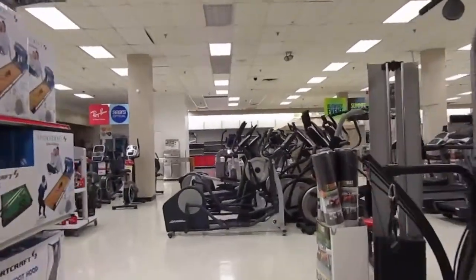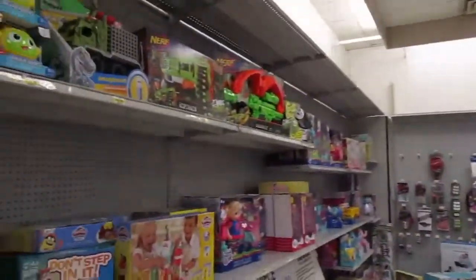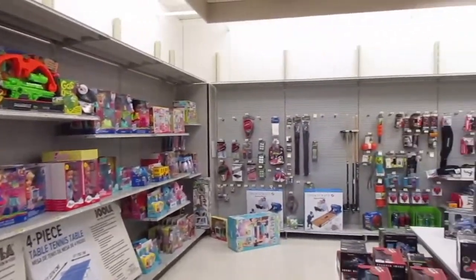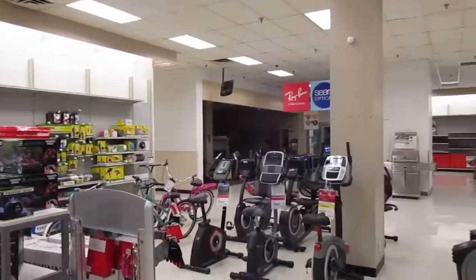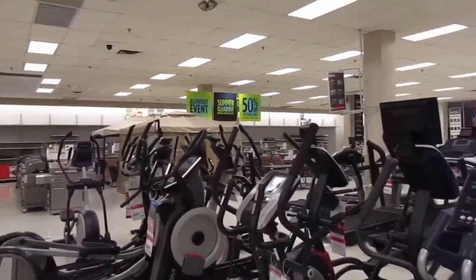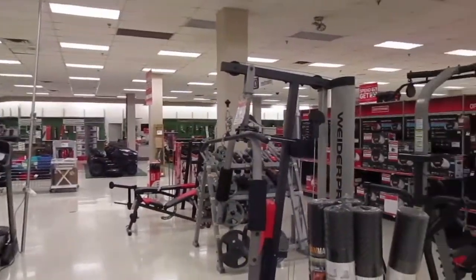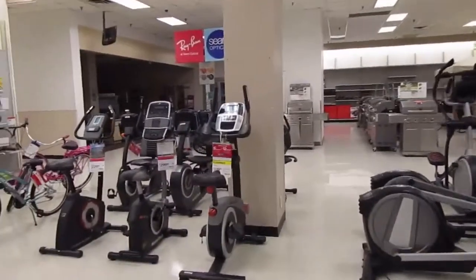Here's their extras and other equipment area, and behind me is the toy section and their sporting goods. And it looks very small. Their personal exercise section, they've been there forever. I've seen them since I was a kid. I think they never bought any of that exercise equipment for almost 10 years, because they look like the exact same spot, same exact